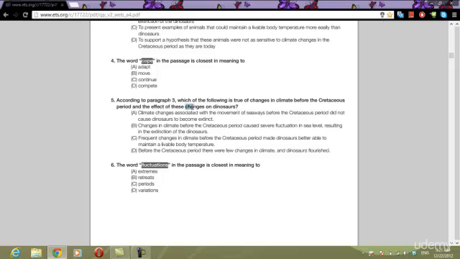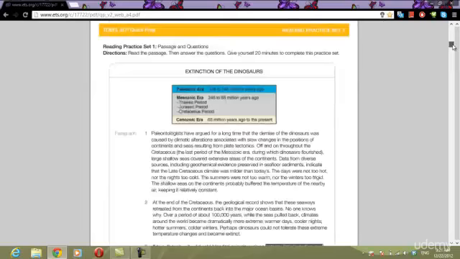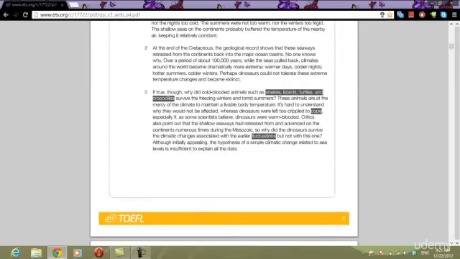Alright, our keyword is changes. So we can go ahead and start there. But we're looking for which one of these is true. It says, which is true of changes in climate before the Cretaceous period and the effect of the changes on dinosaurs? Alright, I know because of chronological order that my answer is going to come after this sentence with the word cope. Okay, I'm going to look